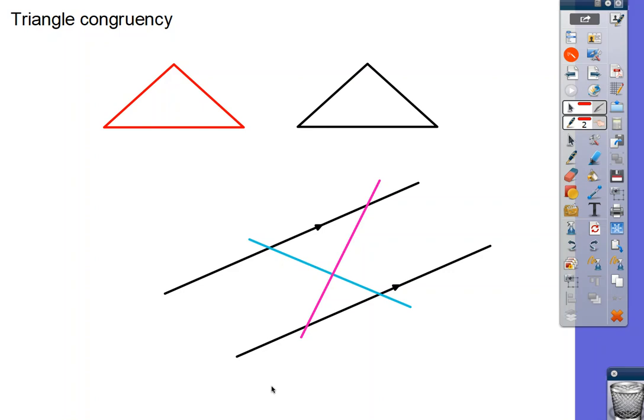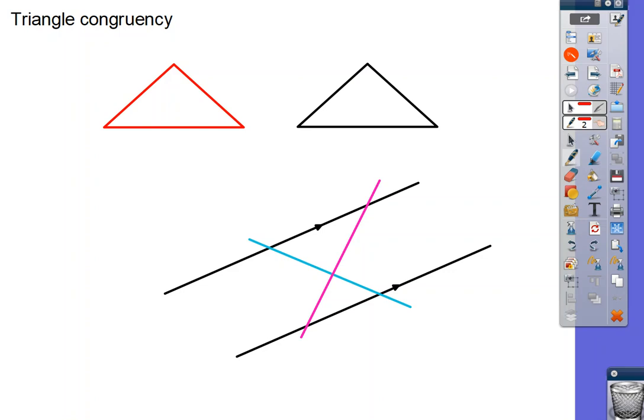So we're going to talk a little bit about triangle congruency. Now, this is something that firmly belongs in the realm of geometry. However, in the DPS integrated curriculum, it will show up in integrated 1, which is why I would like to talk about it briefly. Now, please remember that when things are congruent, that means they are the